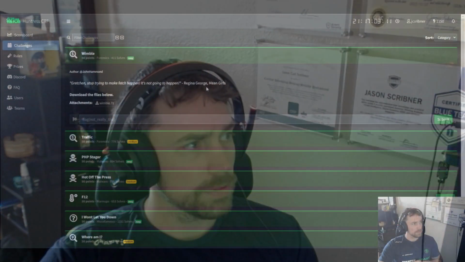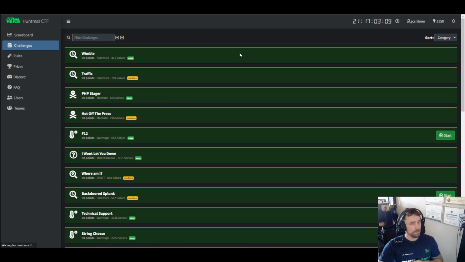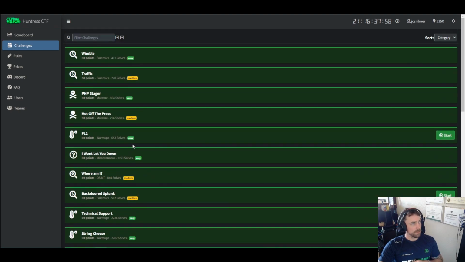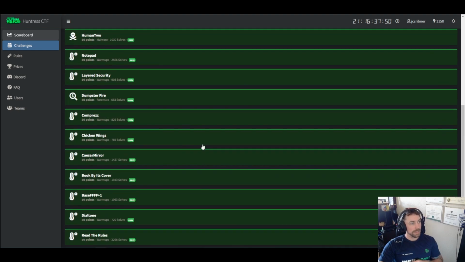So we'll go back over here to take a look at the rankings real quick, and we'll just refresh this. All right, so we're at 1150 points with all challenges solved. Pretty good so far. Obviously not the tippy top of the top 10 teams, because we like to take our time, so it's